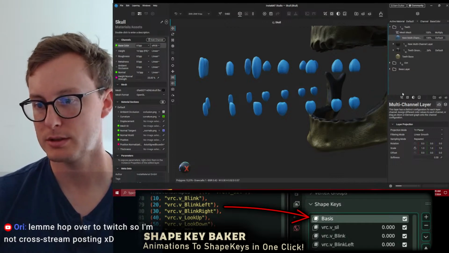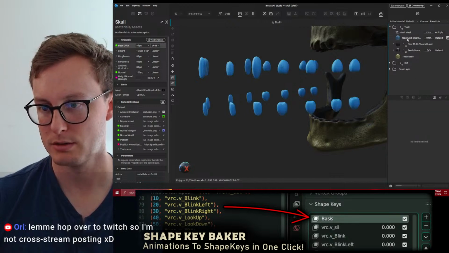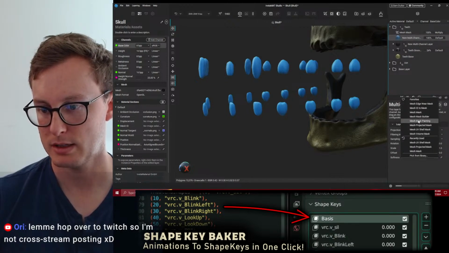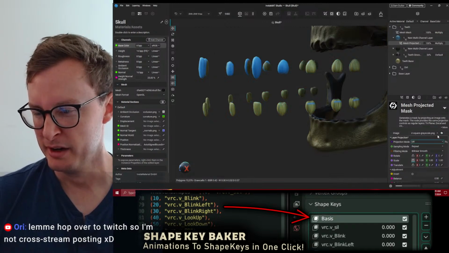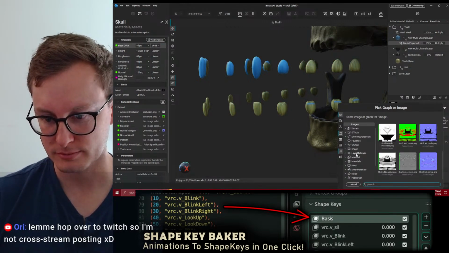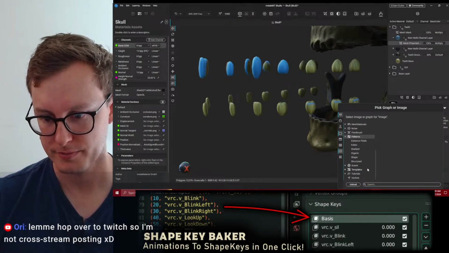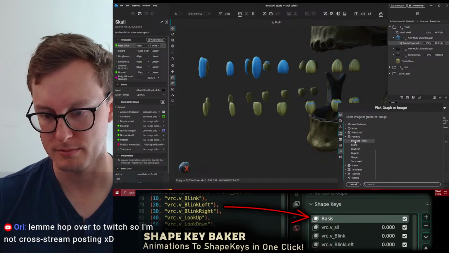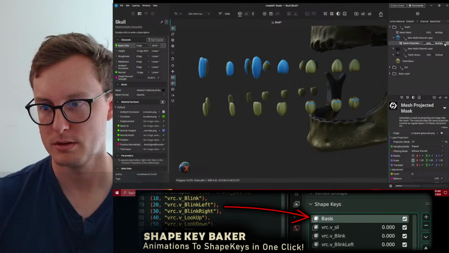And I do want to, oops, that UV shell. Just add in a projected mask, UV, patterns. Why can't I do this here?